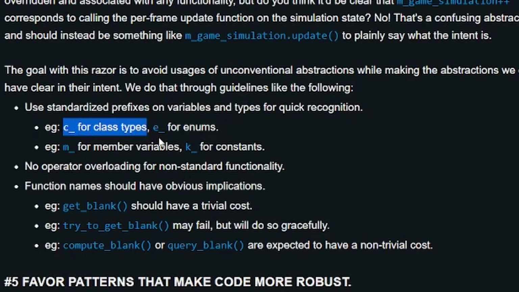Okay, so they have class types start with C, enums start with E, M for member variables, K for constants. So they start things with these. Okay, yeah, that's not a bad convention. I guess it depends what your editor is like, because with a lot of editors you can just hover over your variable and it'll tell you all about it.